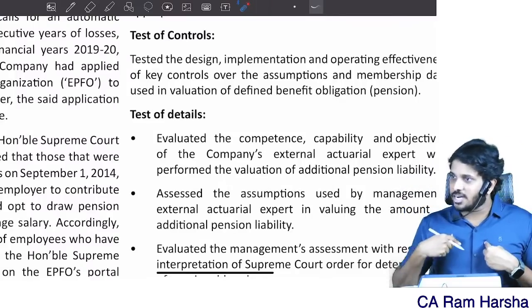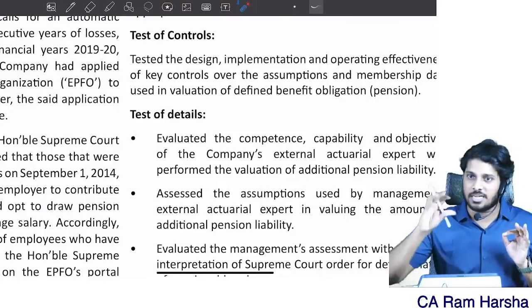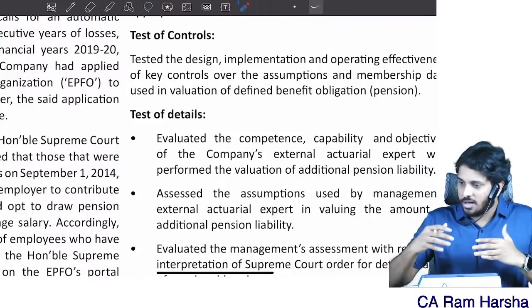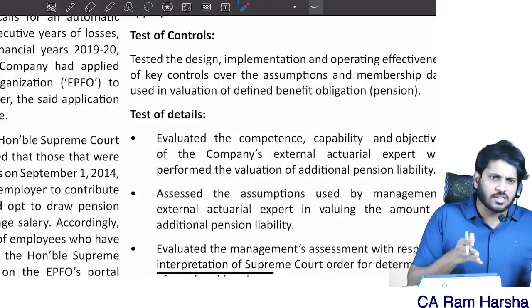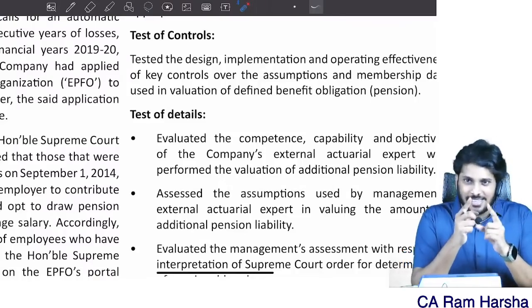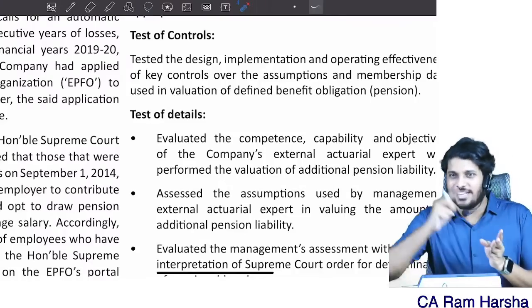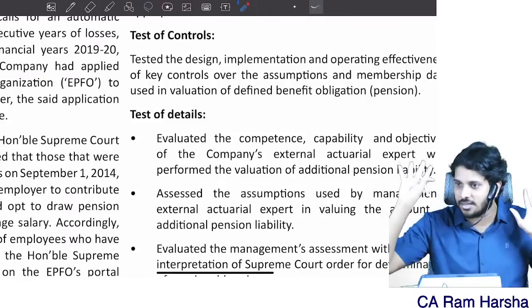Suppose I can talk about a billing software. The company has recently implemented some billing software, and to understand that software we did so much work. I can talk about that in the key audit matter if I feel it is important in the audit. Sir, regarding that, no accounting software discussion is there in the notes to accounts, sir. How come you talk about it in a key audit matter? There is no such link.